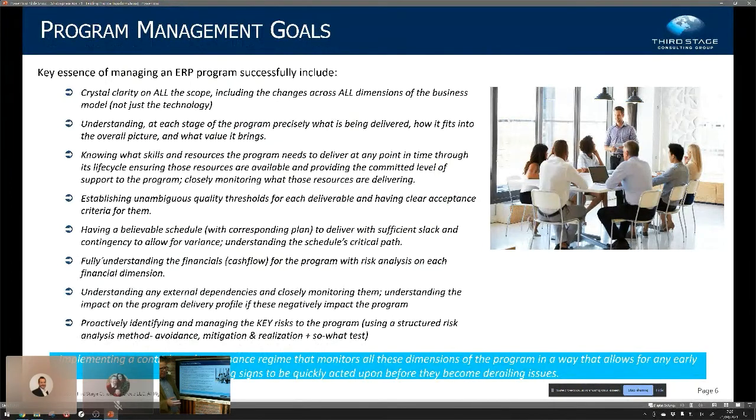Probably one of the most common is not having crisp clarity on the scope. In fact, we're working with a client at the moment, doing a vendor selection, and we still don't have the landscape of scope as to what this transformation is going to be.